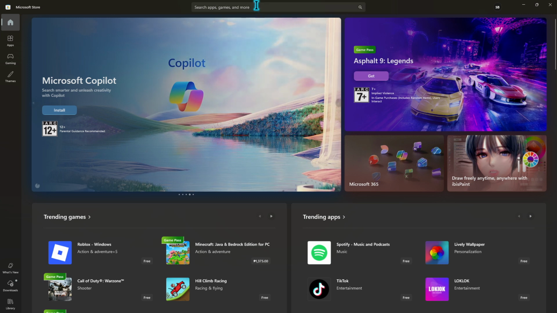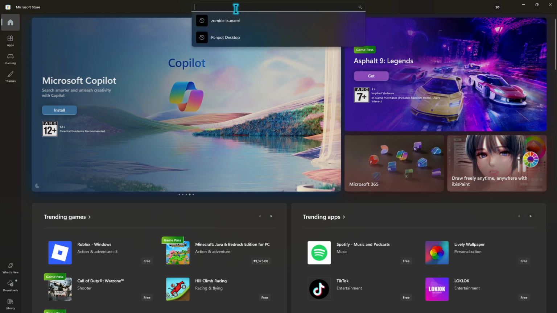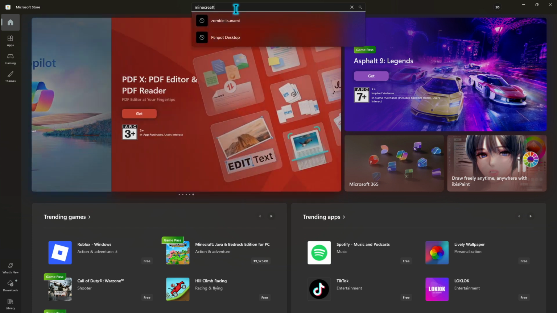Next, go to the search bar at the top of the window and type in the title of the game you want to buy. Press Enter to bring up the results. This helps you quickly find the exact game you're looking for, especially if there are multiple versions, add-ons, or similar titles in the store. When you see the game in the search results, click on it to open the product